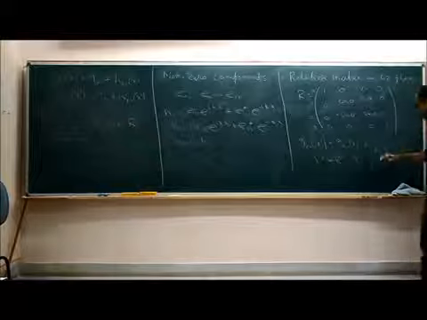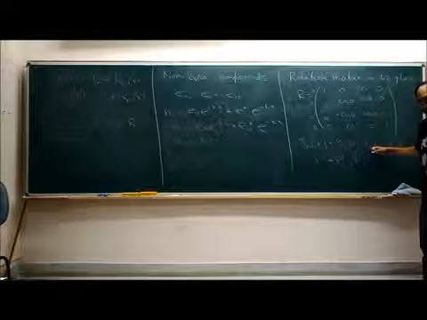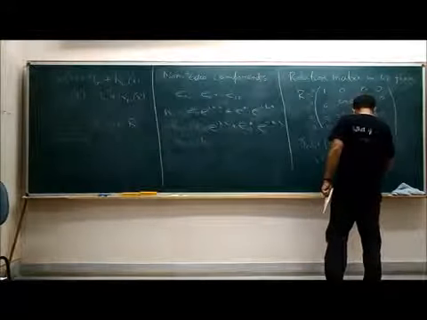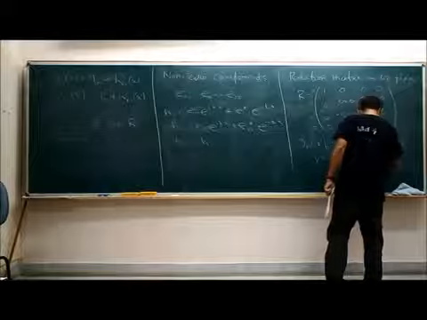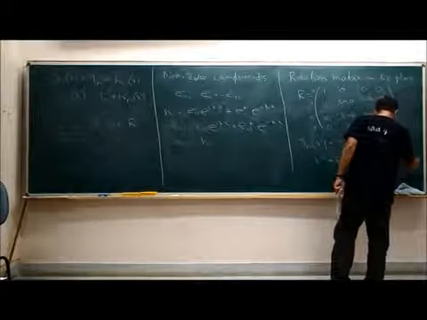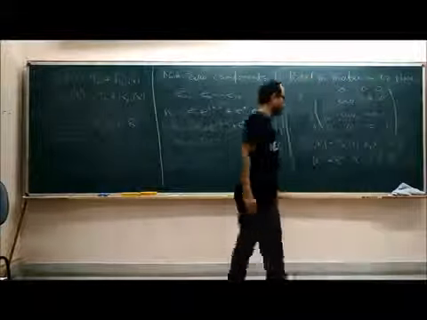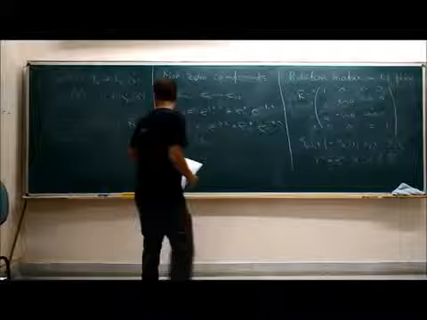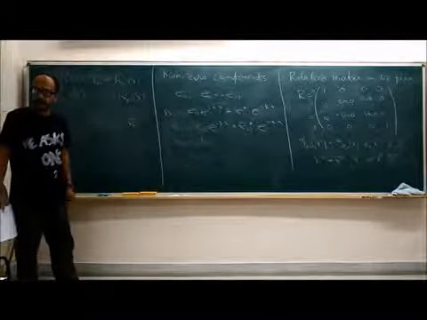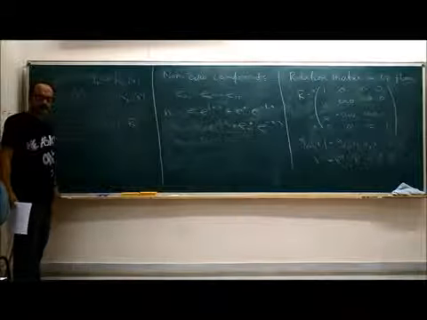Here del prime mu of x rho, so you have to take the derivative of x rho with respect to x prime mu, so you have to invert this. So this implies also that x mu is R transpose mu nu x prime nu, because R transpose is the same as R inverse. So using that we can verify this.